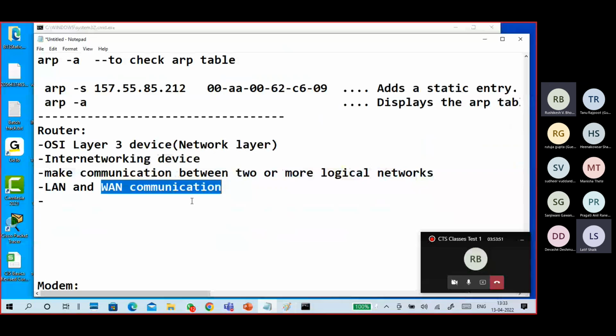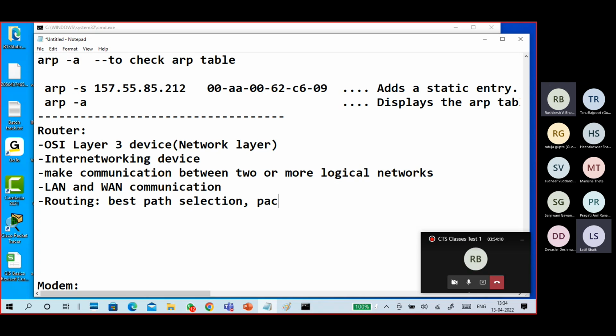Mainly for WAN communication purposes. A router does routing. What is routing? It is nothing but best path selection, packet forwarding, and switching.